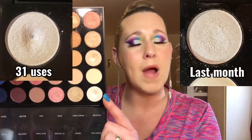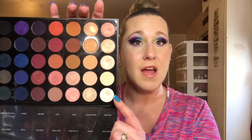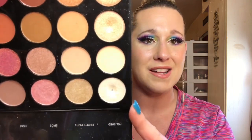I've noticed I'm quite successful with hitting pan on Morphe's 35 pan palettes, more so than I am with a lot of other formulas. It takes me about 30 to 35 uses before I hit pan. When I was getting up there at like 29, 30, I knew I was getting ready to hit the pan. I'm just so